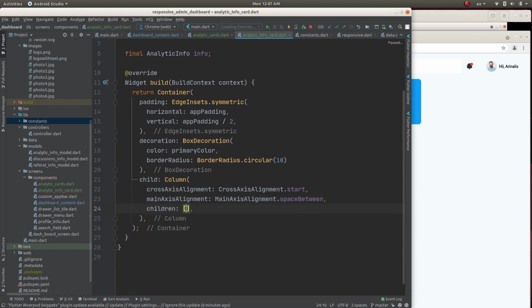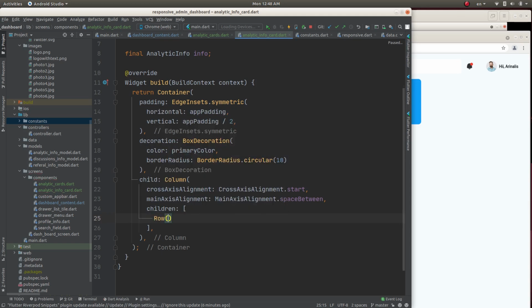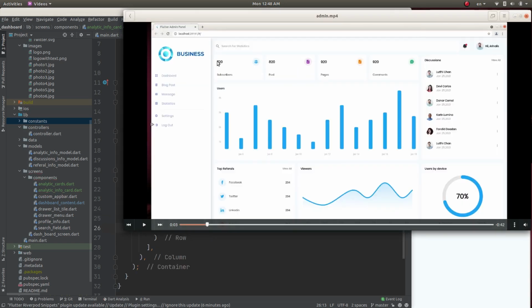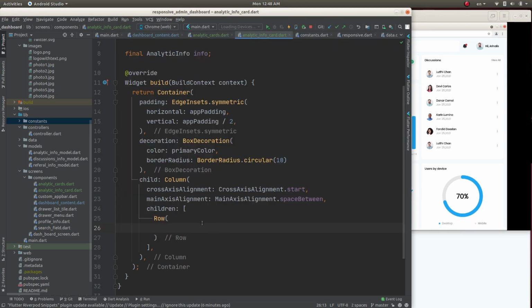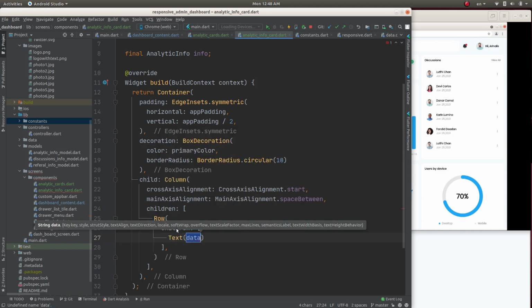Let's create children, and the first child will be a row. We are going to create this text and this icon in the same row. For that, row here, and let's create children. The first child will be a text, and the text will be